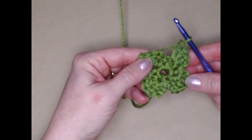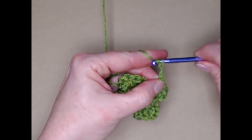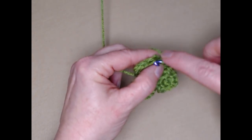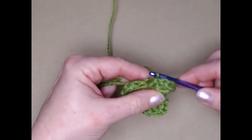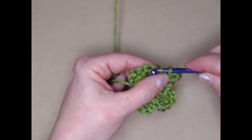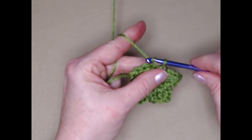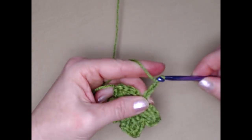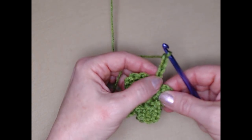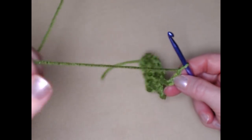All right, so there's my 3 double crochets, chain 2. We're going to go right in that same and make our slip stitch. And then we're going to go right in that next stitch, slip stitch, and now we're going to chain 5. We're going to make a stem. 1, 2, 3, 4, 5. We're going to turn,